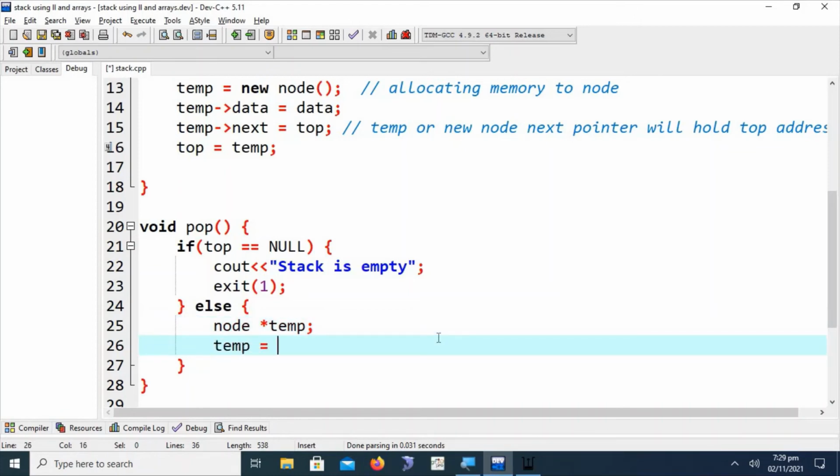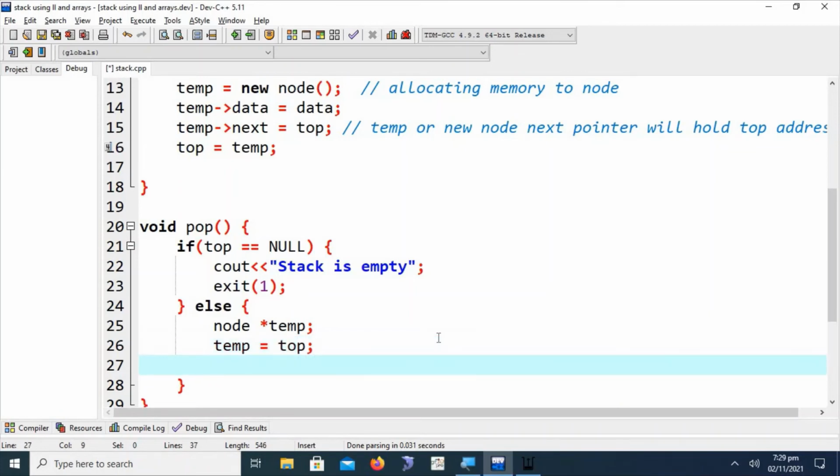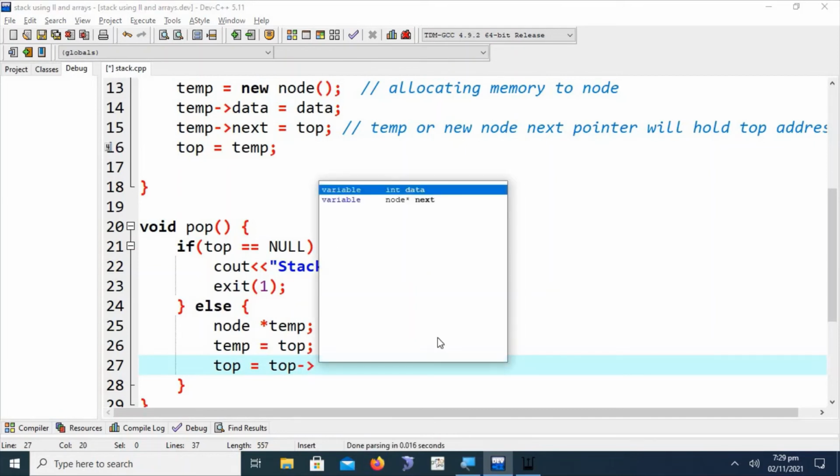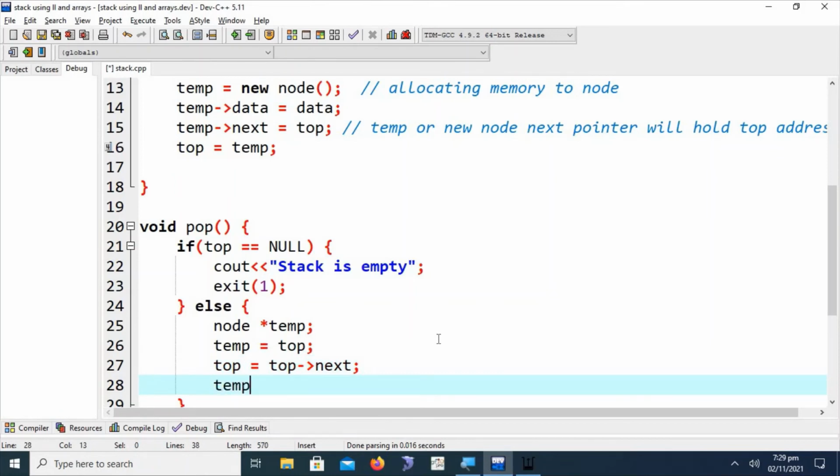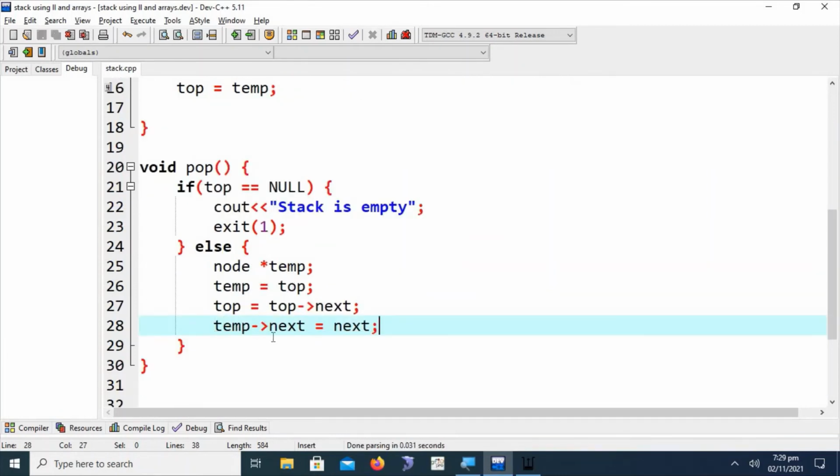In push and pop operations we are doing somewhat similar things. We say that temp is equal to top, and after this top is equal to top dot next, top referencing the next, and we have to remove the temp next portion by assigning it to null. We can also use the free method to free the space from memory using the temp variable or node. What is going on in these lines?